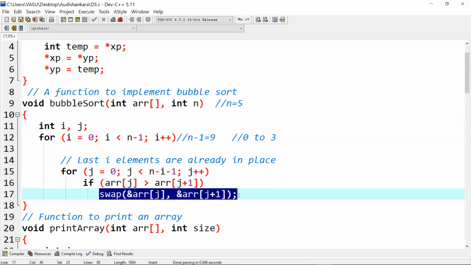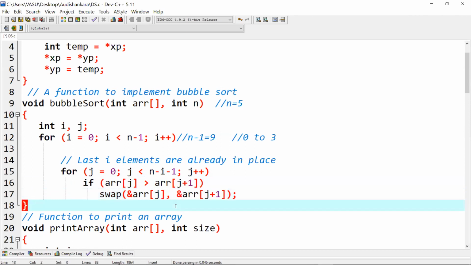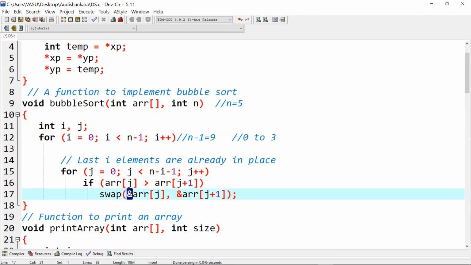So here, this is again a function call. This swap is my function name, and these are the two parameters or arguments of my function. But I have passed an ampersand here. I am not passing the values; I am passing the address.